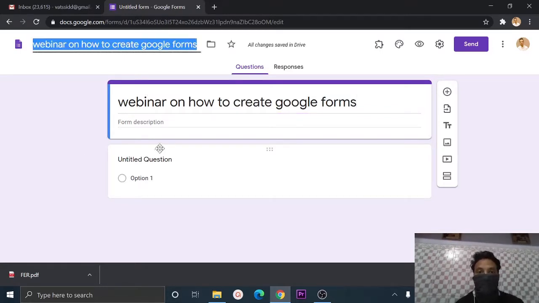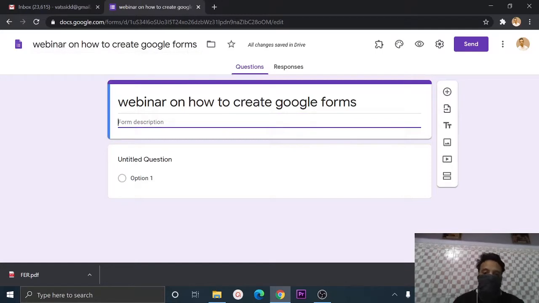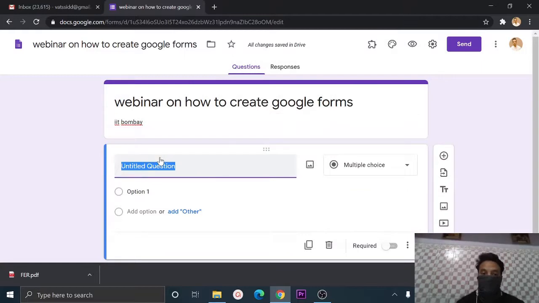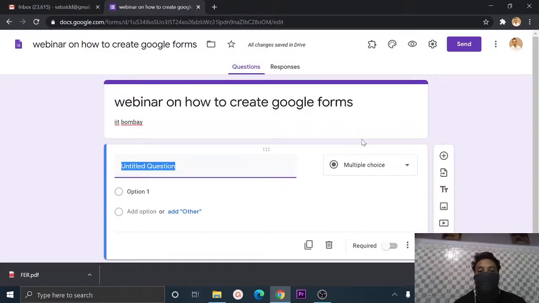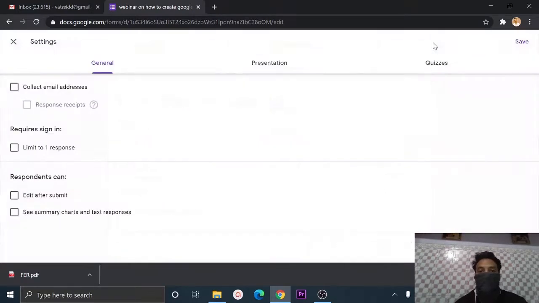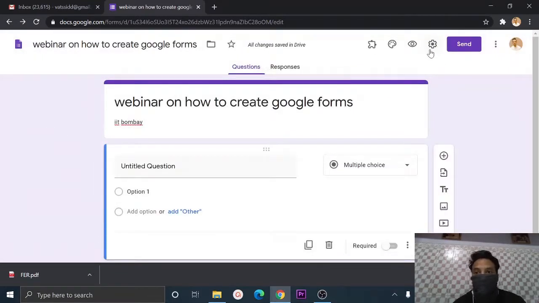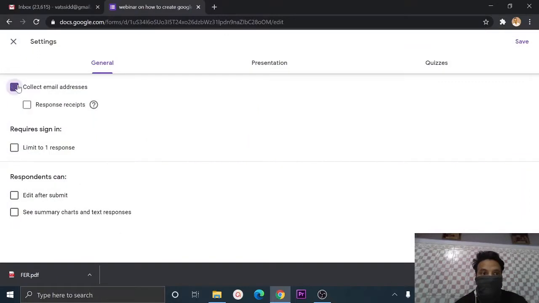Then I can add some subheadings, like I am from, suppose, IIT Bombay. Then I can write IIT Bombay, and then these are the questionnaires. But for example, in webinars and conferences, and for some feedback, we need the email ID of the individuals or participants. Then we go to this portion, the settings, and we select this, collect email IDs.